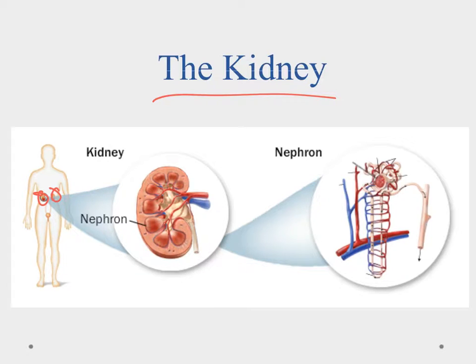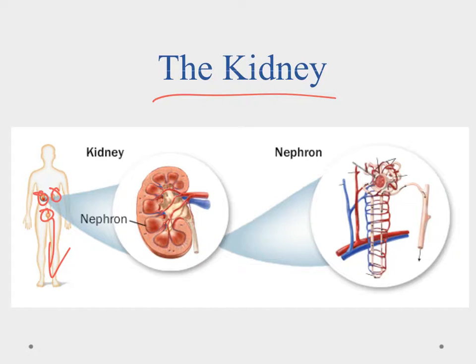So as blood flows in, it'll get smaller and smaller into the capillaries, which will wrap around a nephron here. And you can see what happens is as the blood flows through, the concentration gradient will pull these toxic products out. And these toxic products will collect in the kidneys and then pass down to the bladder, where eventually they'll pass out of the